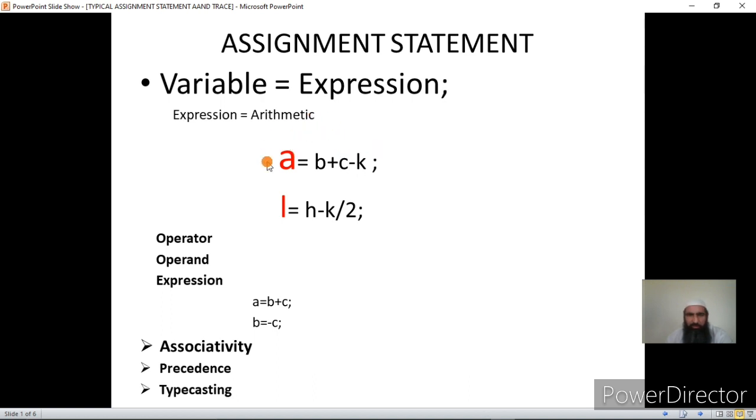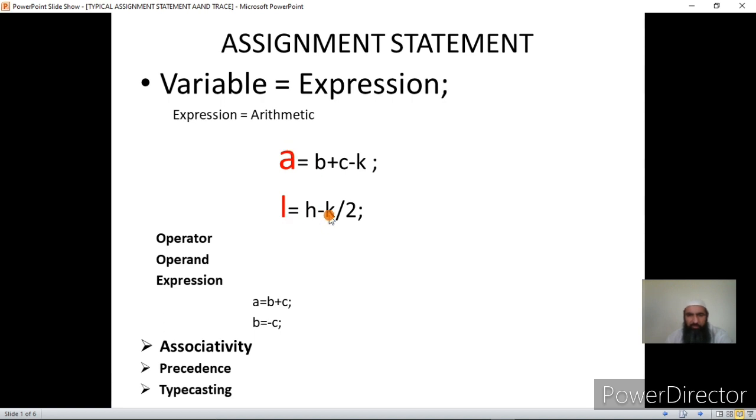The programmer has to write this statement simply. He need not worry how the CPU will perform this operation, but he is giving an instruction to the processor that I need you to calculate the RHS of this expression, and whatever value is generated should be assigned to the memory location that is in the left. In this case, B and C will be added in the ALU, and the result will be generated. That result will be used, and K will be subtracted from that result, and then the answer will be assigned to A.